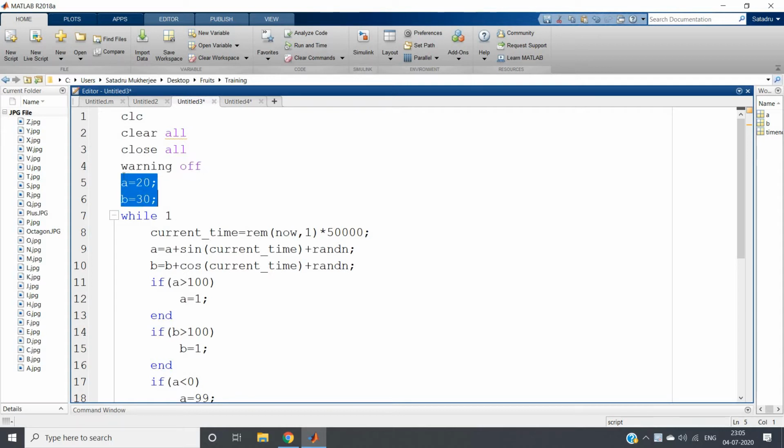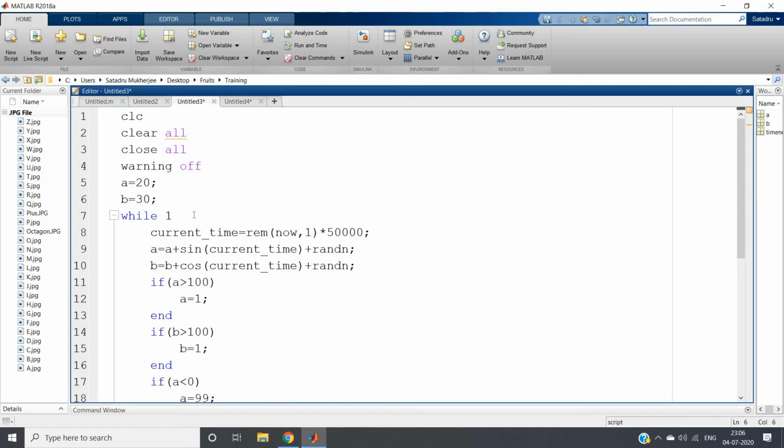Then I am taking two random coordinates in my 2D plane. This is my initial coordinate. Suppose I want to make the animation of a ball which will randomly walk in my Cartesian plane, and as soon as it crosses any border, its color will change and it will turn red, and when it crosses the extreme boundary, it will reflect back.